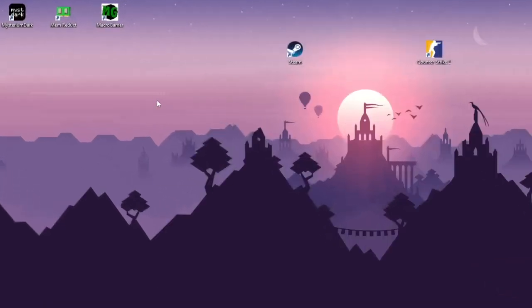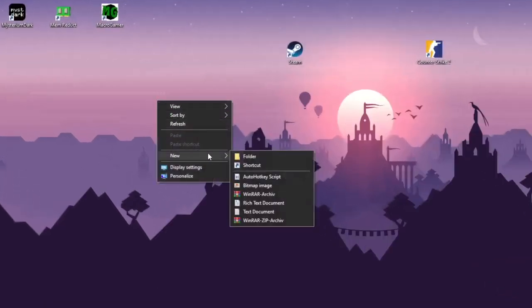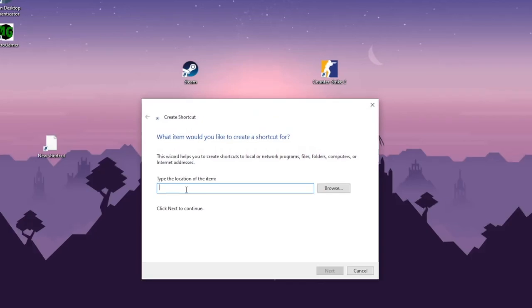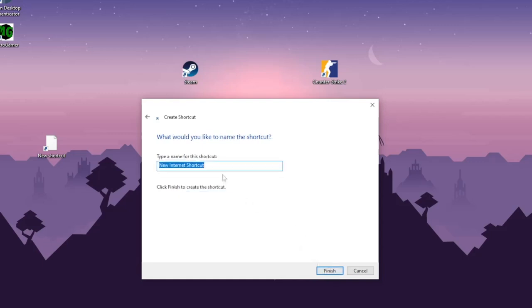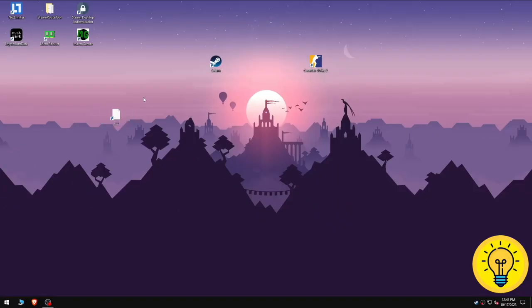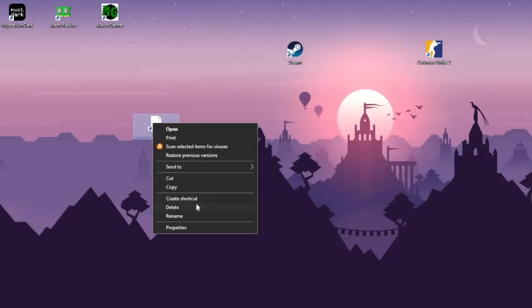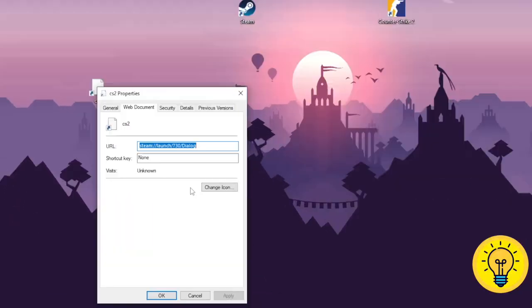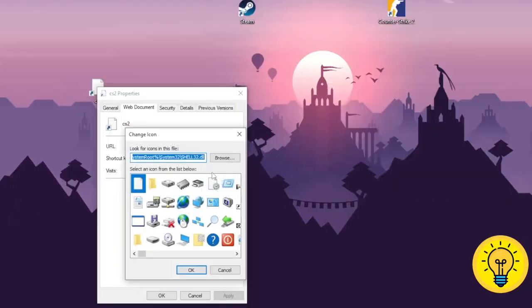To start, right click on your desktop and then click on new, and now select shortcut, and right here paste the link from the description down below or just simply copy it from my screen. And now click on next, and right here you can name it as you wish, CS2 or Counter-Strike 2, it's up to you. And as you can see, now we have created this shortcut, and after that right click on it again and go to the properties, and the next step is click on change icon and now click on